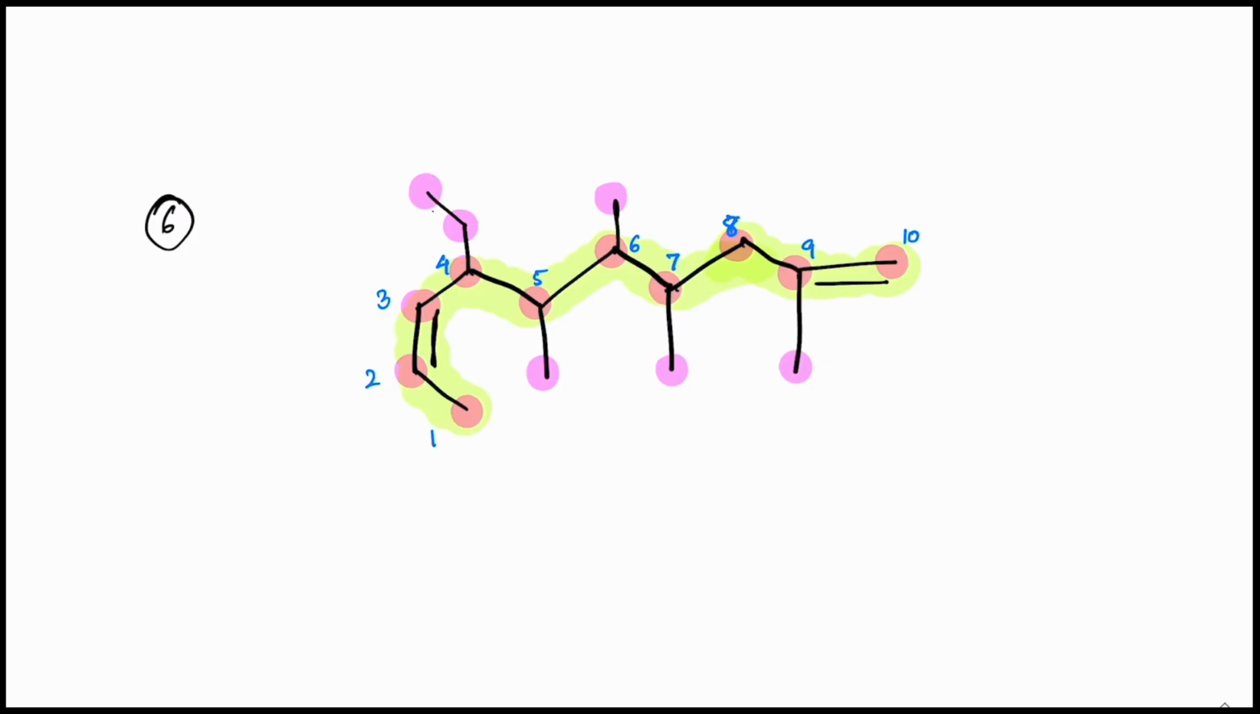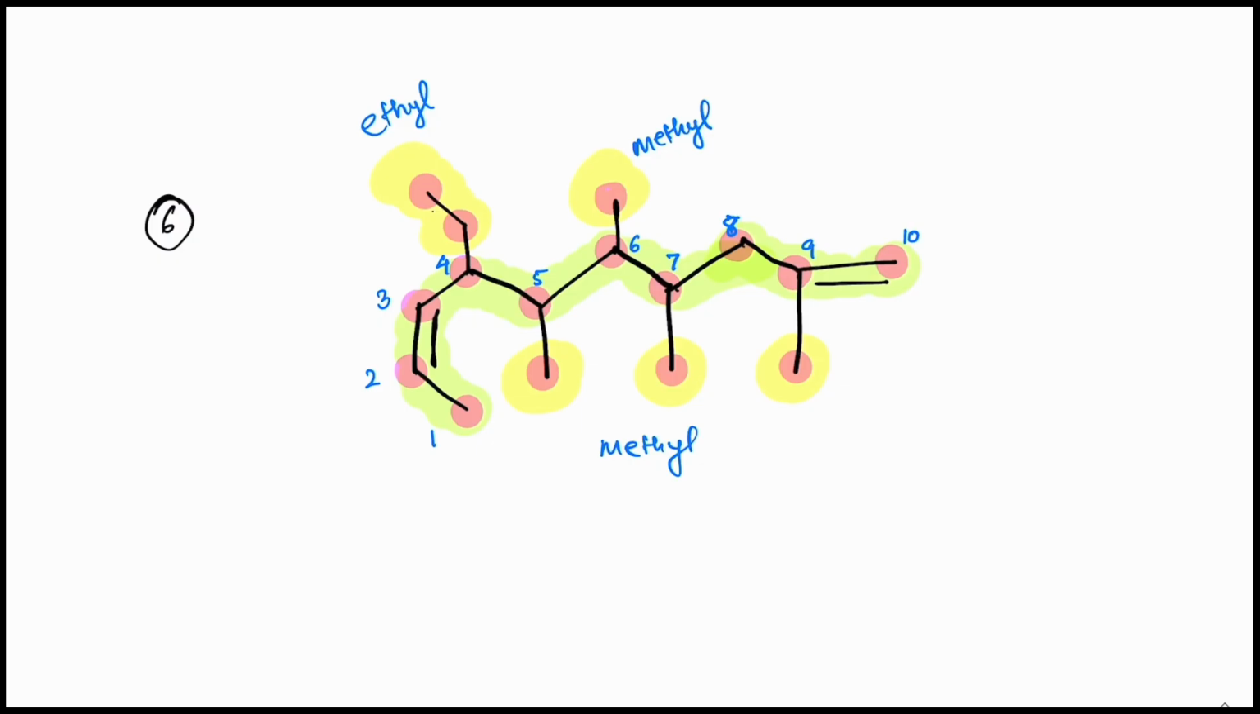Now these substituents have 1 carbon atom each. So they are all methyl groups, and this substituent at carbon atom 4 has 2 carbons. So it's an ethyl group. And the other ones are methyl groups. This is also a methyl group. Okay. Now,